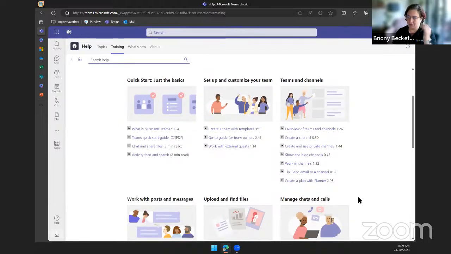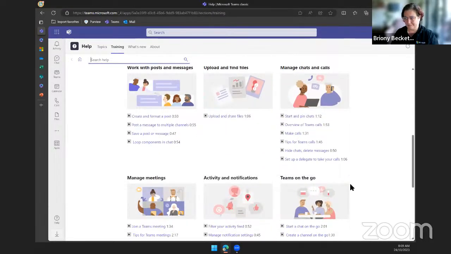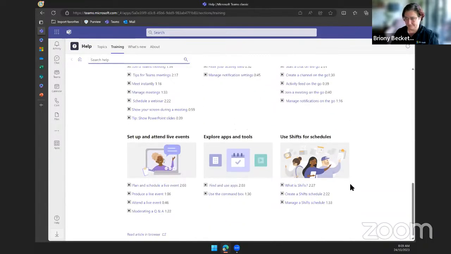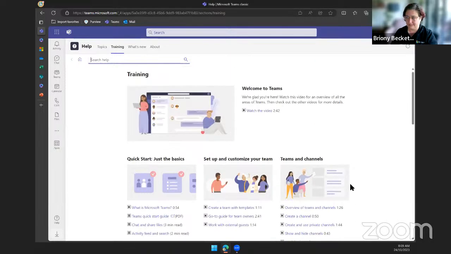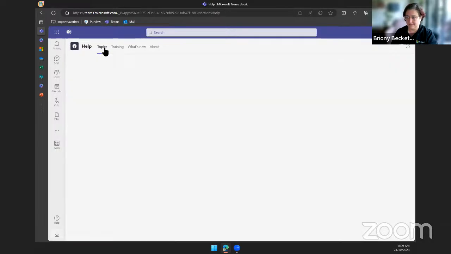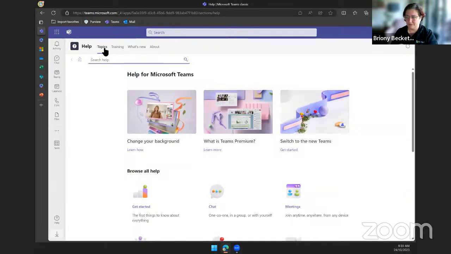Because we know everybody learns in different ways, yes, you can go onto the internet and search and read the documentation on how to do it. But having these quick snippet videos in here, showing how to actually do things, just gives another option within the product. And these are continually being updated as well, so that helps with different things that are being released.